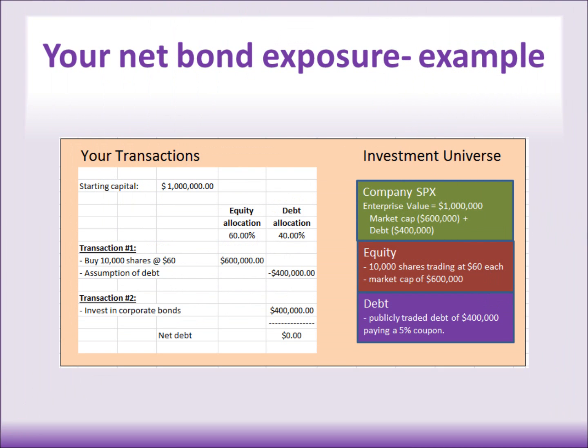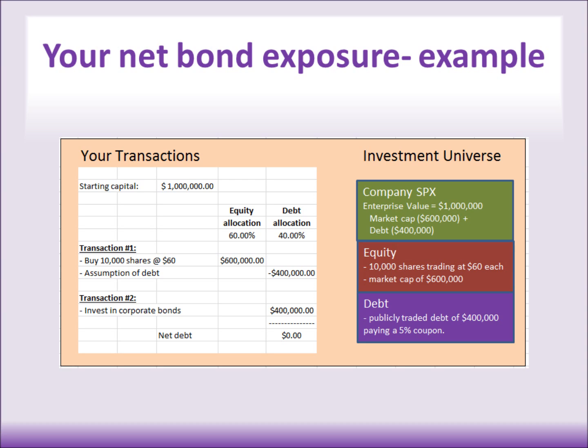So let's look at an example of how it works. For simplicity, assume company SPX represents the entire universe of listed companies. And let's assume it has a market cap of 600,000 and there is debt outstanding of 400,000. And so that would give the entire enterprise a value of $1 million. Now assume that you have a portfolio of $1 million, which is currently in cash and ready to be invested in a 60/40 portfolio. So there are two transactions necessary. The first is to allocate 60% of your cash, or 600,000, to equity, and the second is to allocate 40%